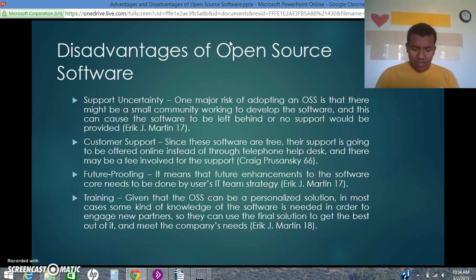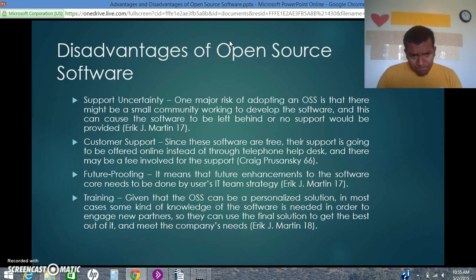But that's a risk companies are taking due to the evolution that open source has had in the past up until now. Because like I said before, there are hundreds and thousands of people working on developing the software. So that's the risk the companies are taking, because they know this software is taking over most companies right now.